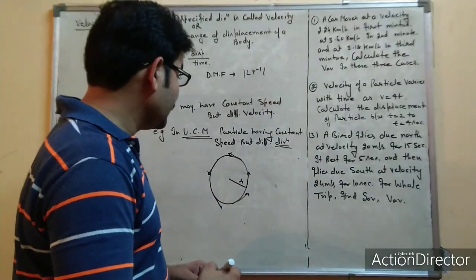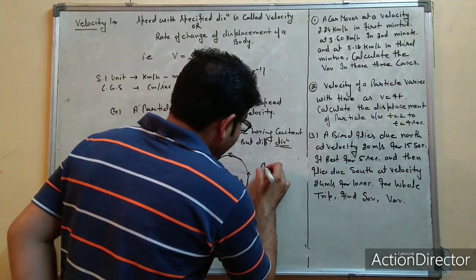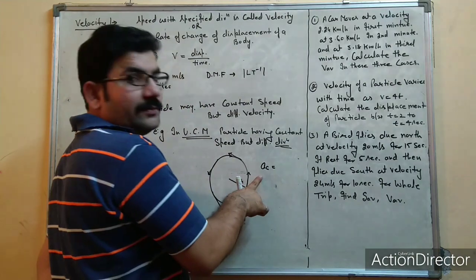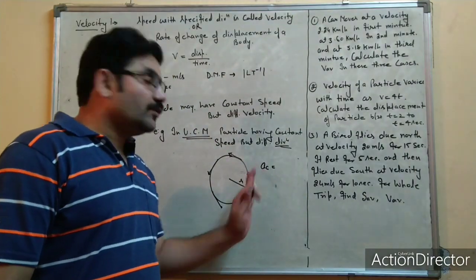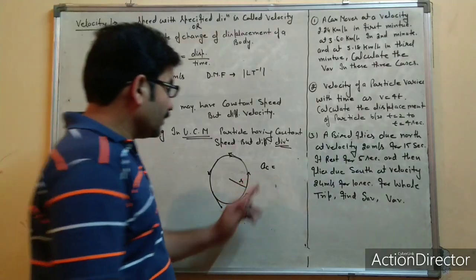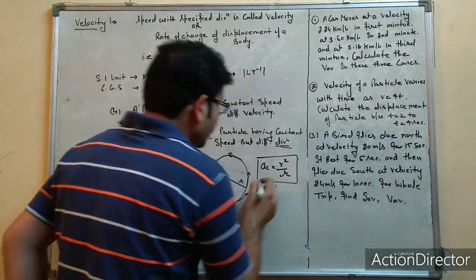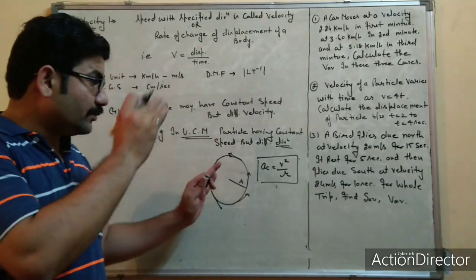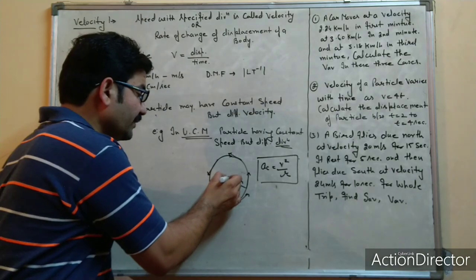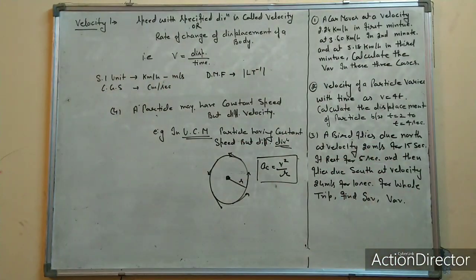velocity here in uniform circular motion. We generally find acceleration, that will be studied in our uniform circular motion, that comes out v square upon r, where v is the velocity possessed by the body and r is the radius of that circular path in which the body moves around a fixed point called center. This is another key point.